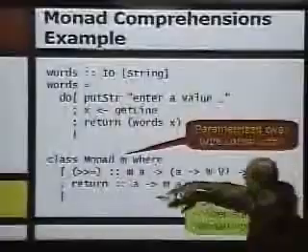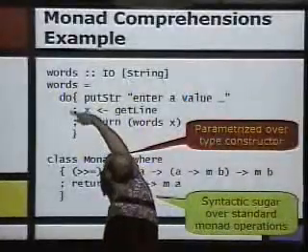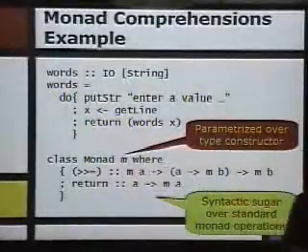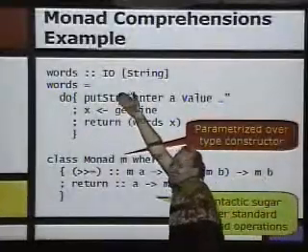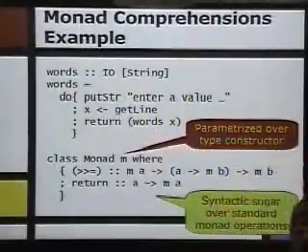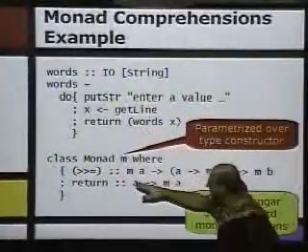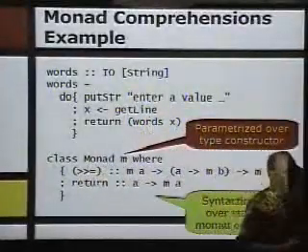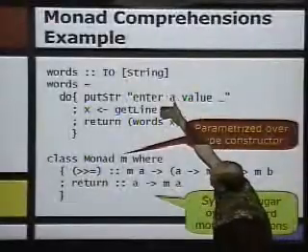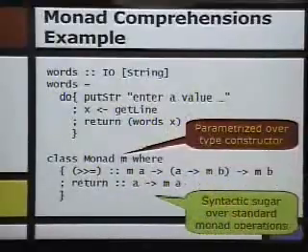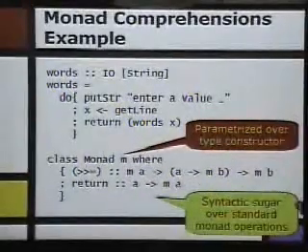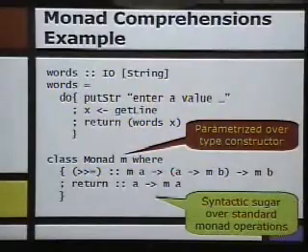But now what you can do is you can write something which is very similar to this list comprehension notation, but now you do the Yoda style where you put the select at the end, but it's still the same notation. And you can translate this guy into these standard operators. So instead of having the filters and so on, you can translate any monad comprehension into these operators. So it's just syntactic sugar over the standard monad operators.